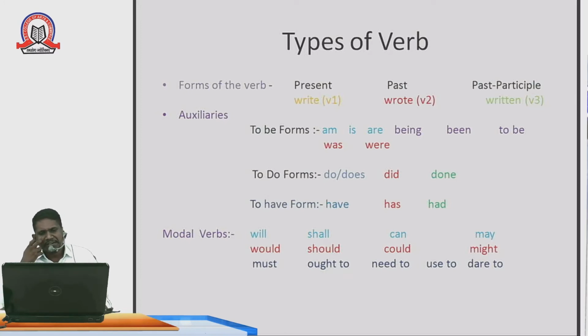These are three mainly: do, does, and its past tense is did, and done we can use here as a past participle. So again the question arises before you, how can we use do and does? The do we can use here for the pronouns I, you, we, and they. Dear students, here for he, she, it you must use does only in simple present tense.